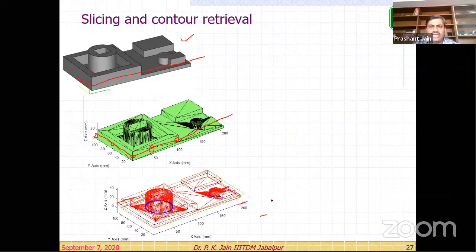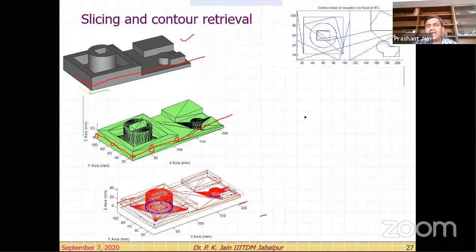And this green color is the plane for which intersection has been taken, and the blue color dots are the intersection points for this model, right? So once we plot them in a random order, right? Random order means as and when they are calculated, we plot them. Right? So once we plot it, we get this kind of information.